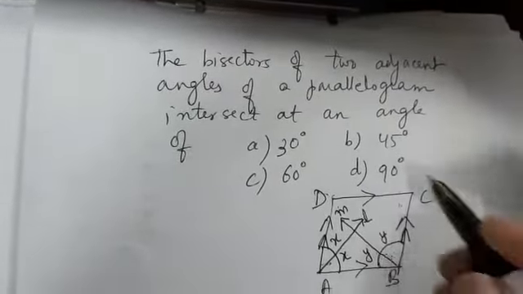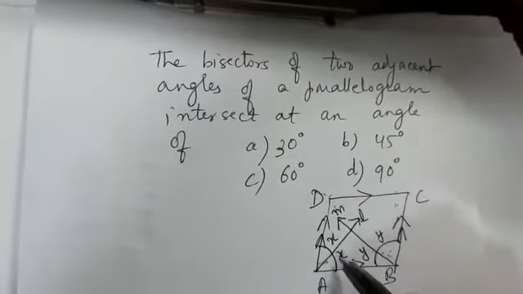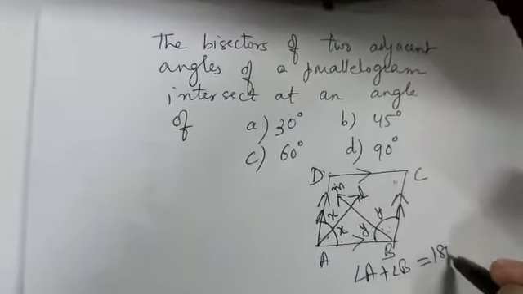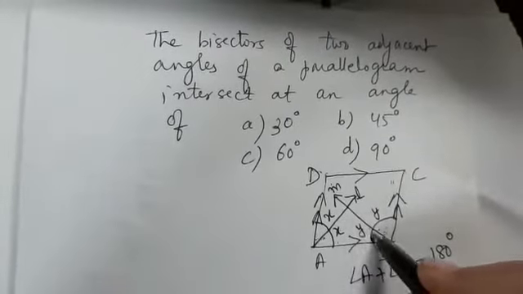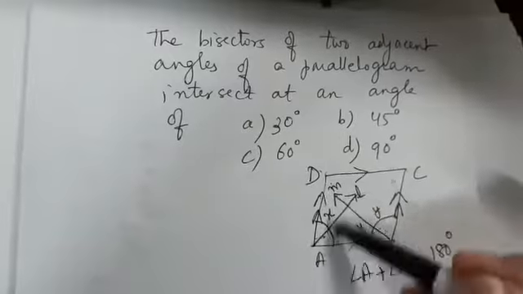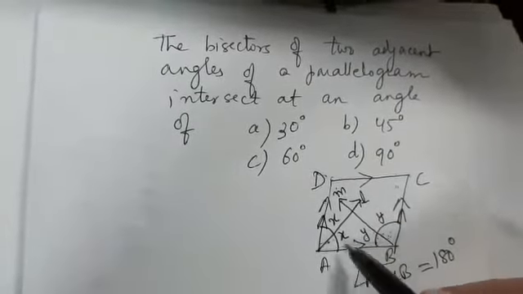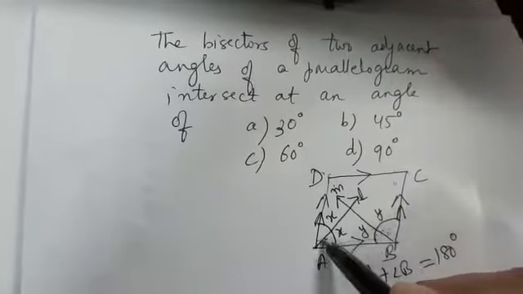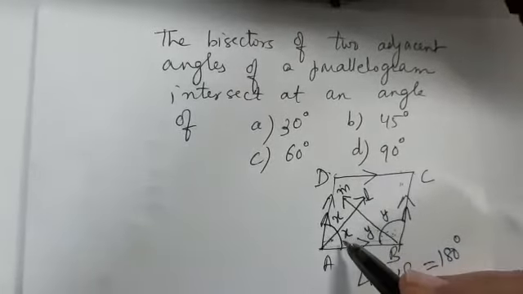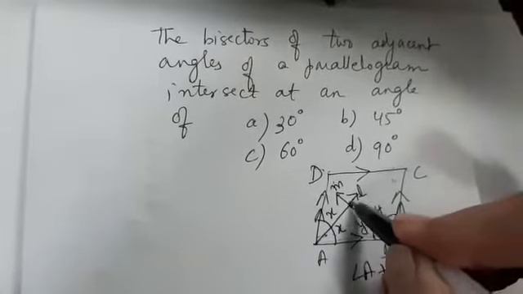So here in this parallelogram ABCD, we know that angle A plus angle B equals 180 degrees. Here angle A and angle B are making a pair of co-interior angles. If we see AD is parallel to BC and AB is transversal, what is the sum of angle A and angle B? It will be equal to 180 degrees. So what is the sum of x and y then, which is in this triangle? If I mark here O,